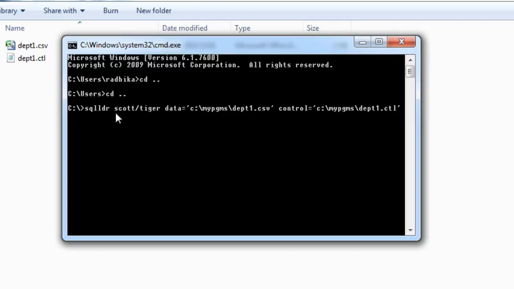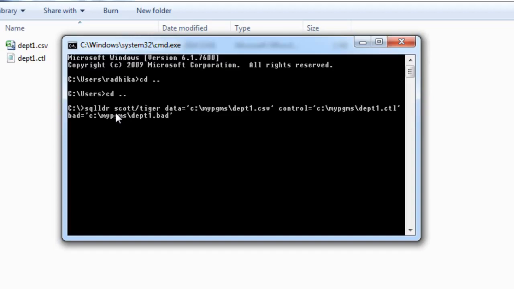Then finally give the bad file path also. These are all automatically generated. So slash temp, sorry, slash my programs slash department1, and as I said the extension is going to be .bad.